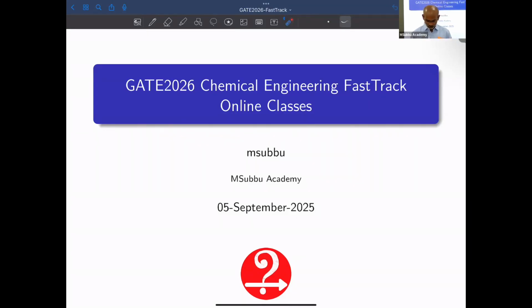Of course, this orientation I have also already given to half of the students, who were the regular batch. Now we have also added these fast track students. For the regular students, it will be a quick revision and more practice with tests. Otherwise, for the regular students, we covered 60% of the contents, which means starting from chemical process calculation, all